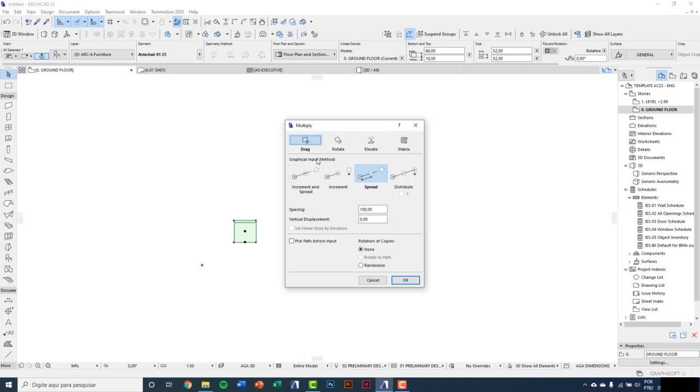And below, graphical input method: increment and spread, increment, spread, distribute, and distribute -1. We have the options: the number of copies, vertical displacement, pick path before input, define the reference way to do copies, and rotation of copies. To make a first example, I choose drag, increment and spread, vertical displacement 0, rotation of copies none,